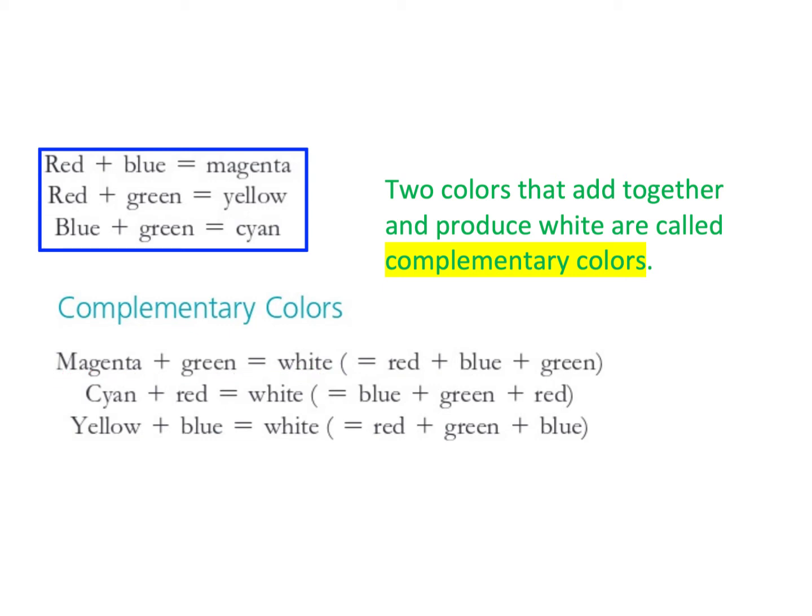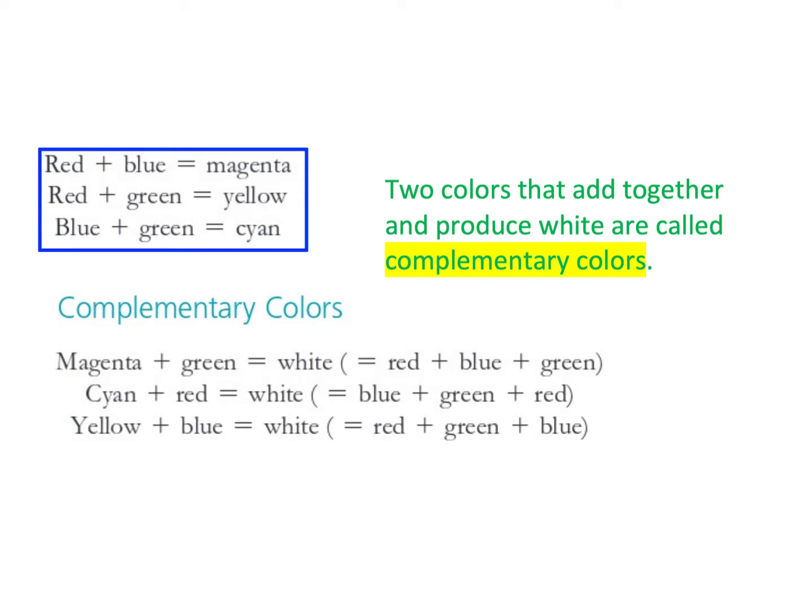And remember, the way you make magenta is you add red plus blue together. So magenta plus green is the same as red plus blue plus green, and all the colors added together give you white. Magenta and green added together give you white light. And that's what makes them